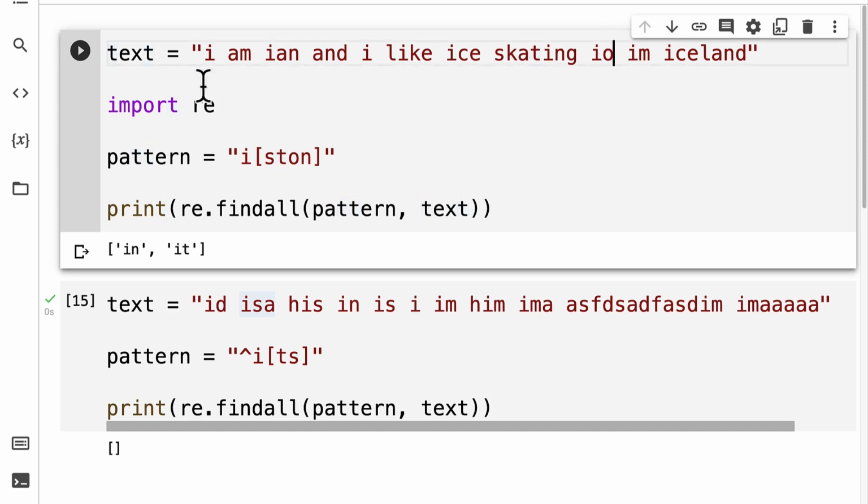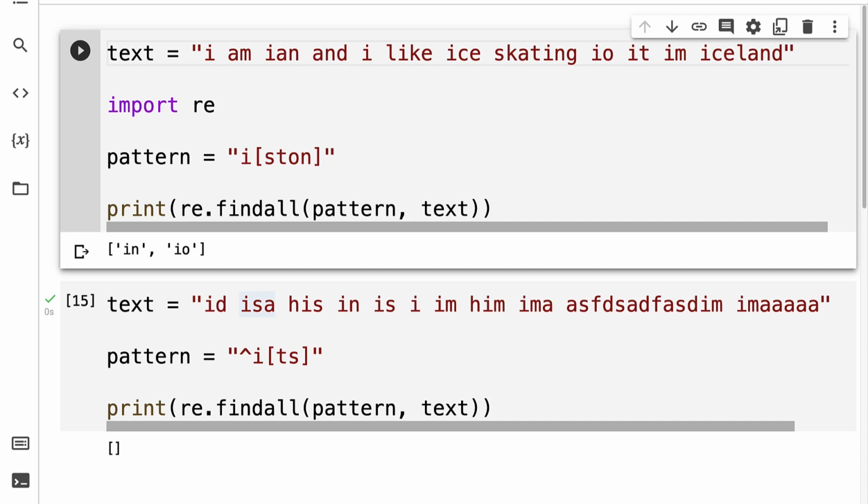What about O? That is also going to be found. So what this tells me is this string actually allows you to find a two-letter word that starts with I and then ends in either of these letters. Now, what if we had one of them ending in ISTS? Well, in that case, we're going to find in ice skating, then we find IO, then we find is, then we find in, and then we find is. So ISTS actually does work